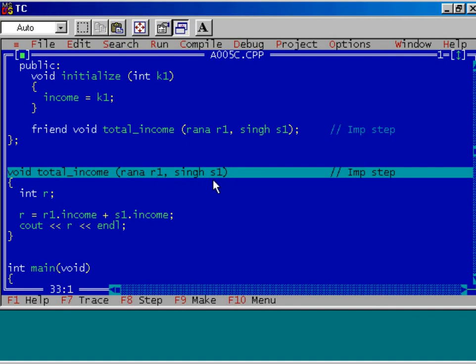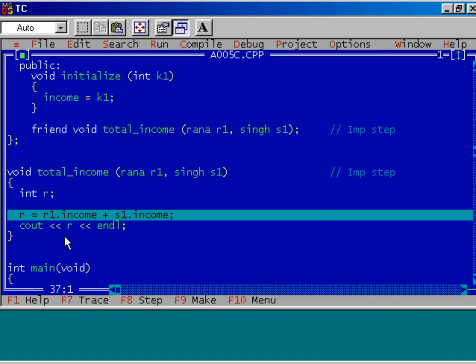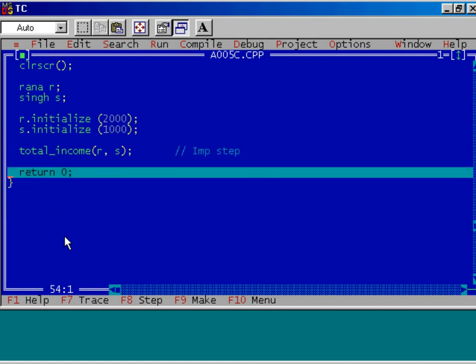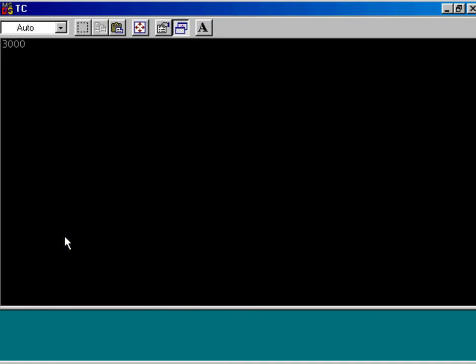R is copied to R1, S is copied to S1, and we are adding the two data members of R1 and S1, that is the data members of objects R and S. And we will assign it to R, so we'll get the total income of Rana and Singh. Display the content and see the output at the DOS prompt.